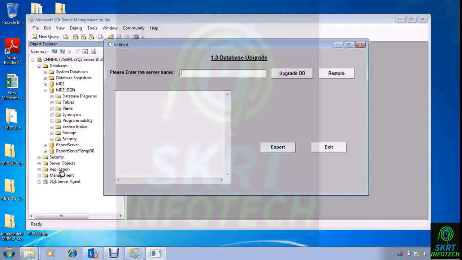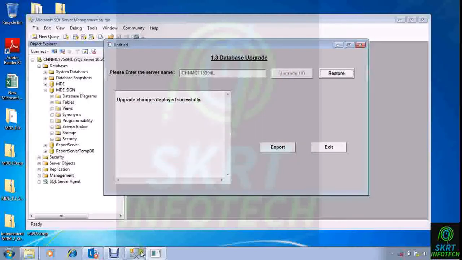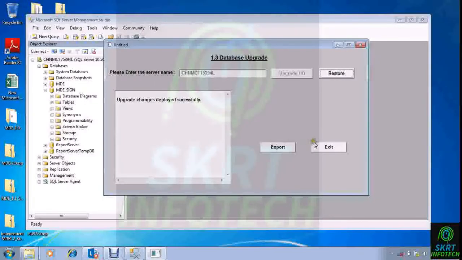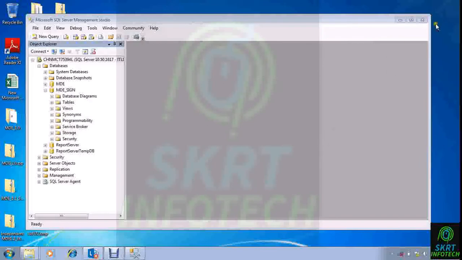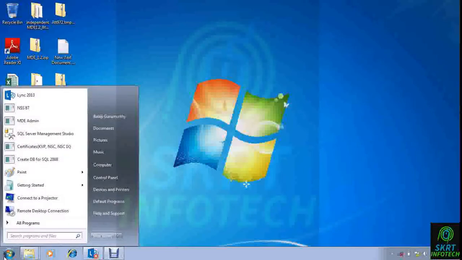We are just doing an upgrade. Now this is the server name, upgrade DB. Changes are successfully done. Now once changes are done, you can exit this window, close this, and we can start working on MDE.